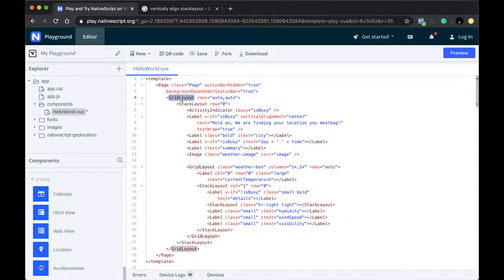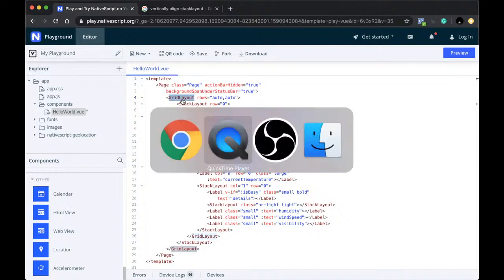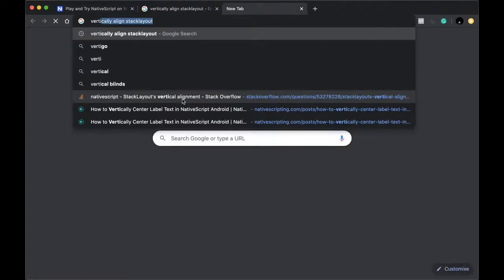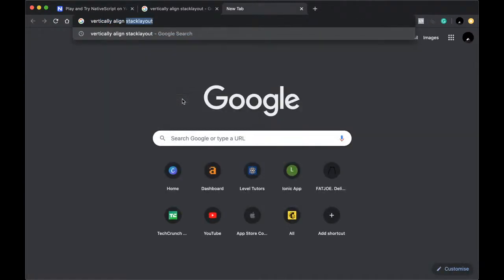None of that led to anything. And then I thought, what we're doing is just centering the loading spinner, and the loading spinner is quite a common feature of apps. So I typed in vertically align loading spinner